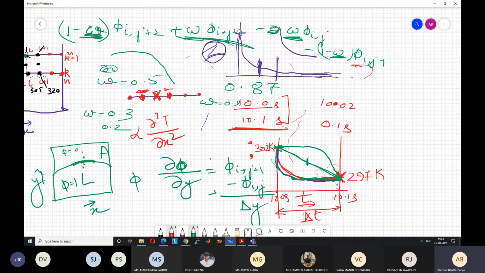Why am I saying energy transfer? Because we are calculating the derivative d square T dx square, which is basically representative of the conductive heat transfer, the energy transfer. So if the process is of another type, say it goes slowly and then suddenly changes, then the explicit scheme will capture that physics better. These are not the only considerations, obviously. There are other important considerations like stability. But this is also a consideration.